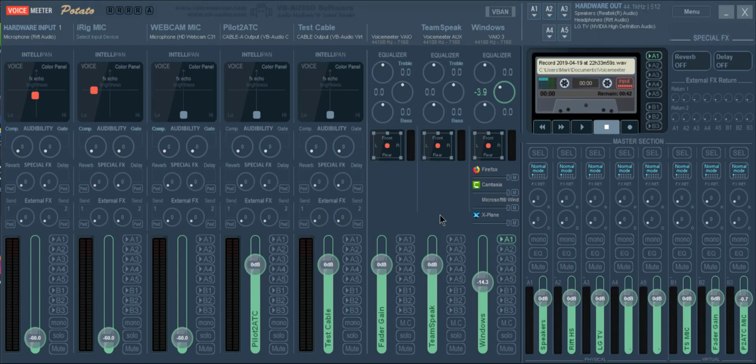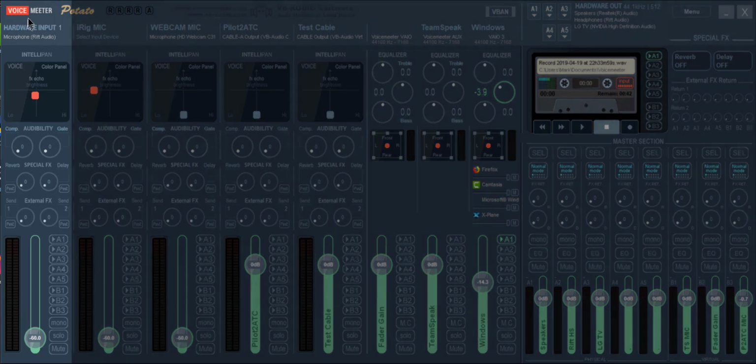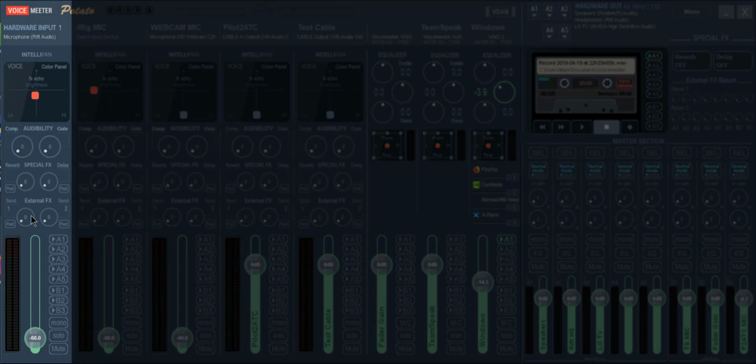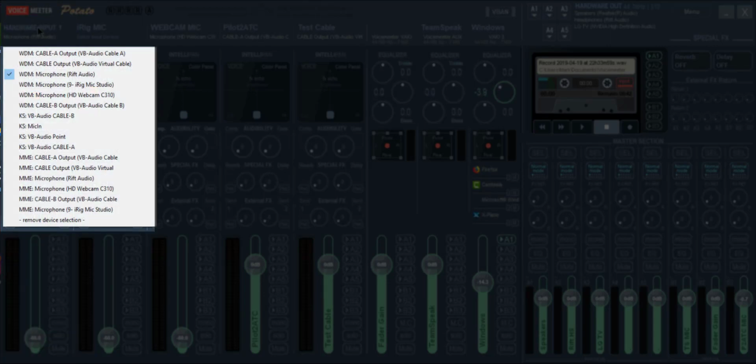So, working from left to right, the first section is the mixer for physical devices plugged into the PC and the virtual sound cables which can be attached to applications. For those new to all this, and I guess that's everyone who's watching this video, as that's the whole point of it, it sounds a bit daunting, but don't worry, it's not. So this first input here, I'm going to use for the microphone on my Rift. By left clicking on the name, a drop down menu appears